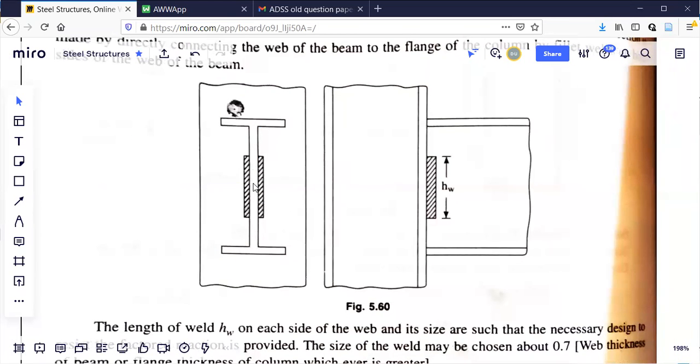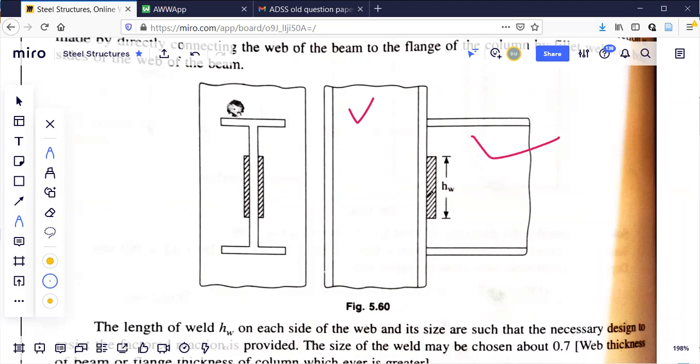This eye shaped beam is connected to again eye shaped column. If you look at the side view here, I think you can understand all this. I don't need to go into this one here. You can see the side view here. This is the column. This is the beam which is connected here. The beam is connected directly, it is welded to the flange of the column. Both are eye sections. So this is how the weld is done.